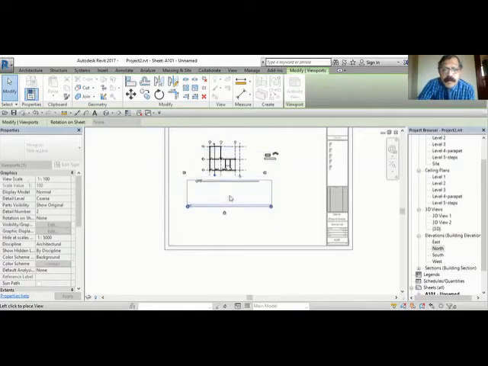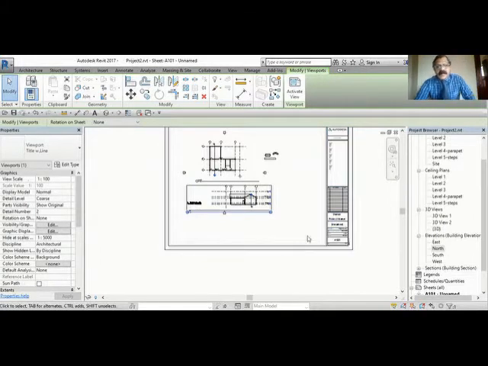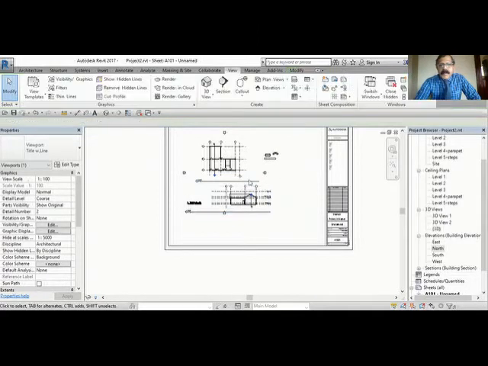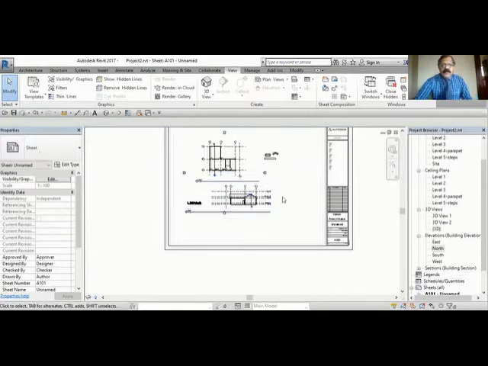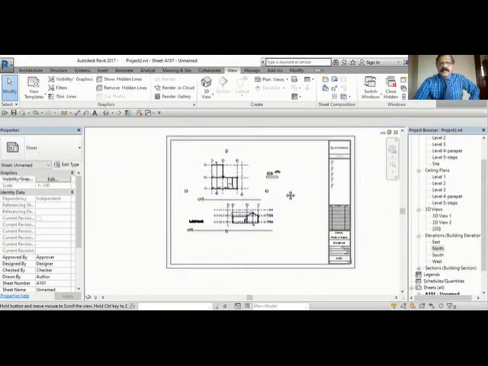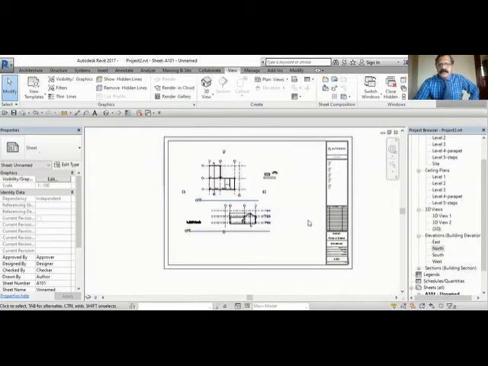It will show a small dotted line so that it will match and you can keep the section there, just to see that it is exactly the same place. Now I brought the plan, now elevation, and I can bring some 3D or whatever it may be. I can bring that also here. Okay, so my drawing is ready to plot.